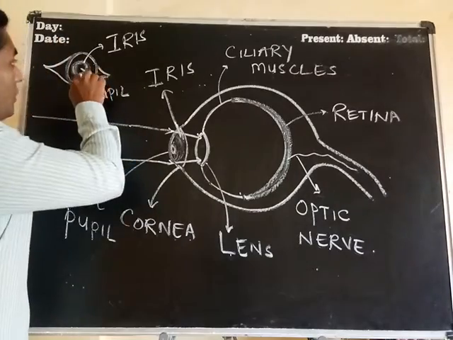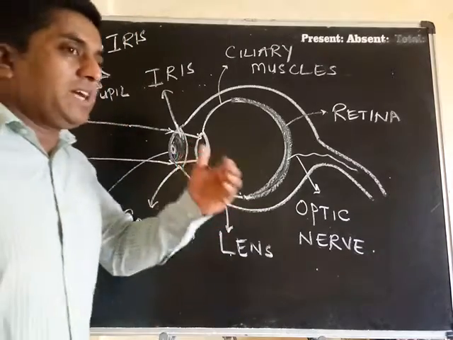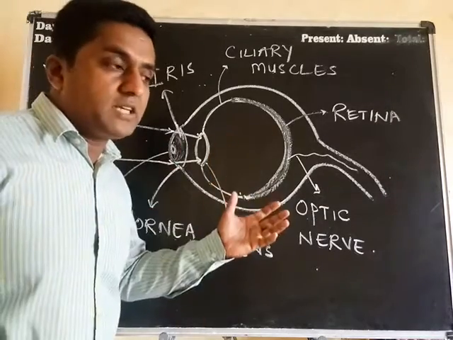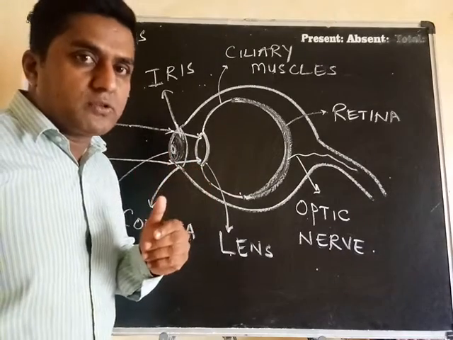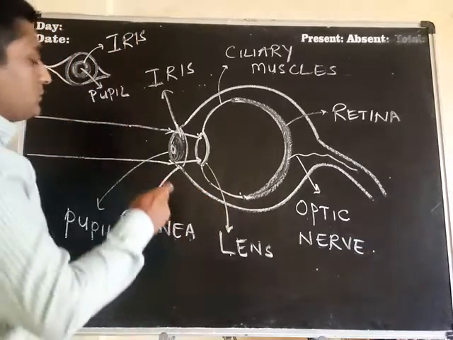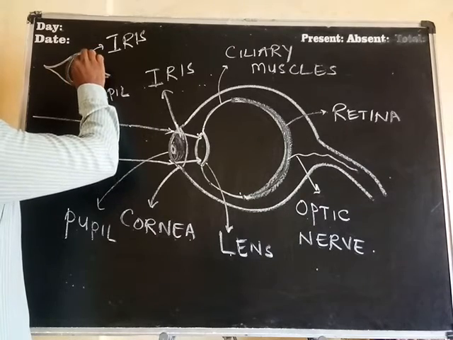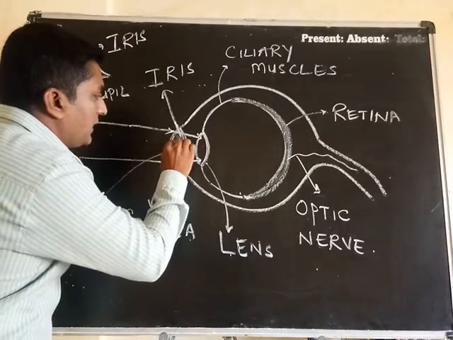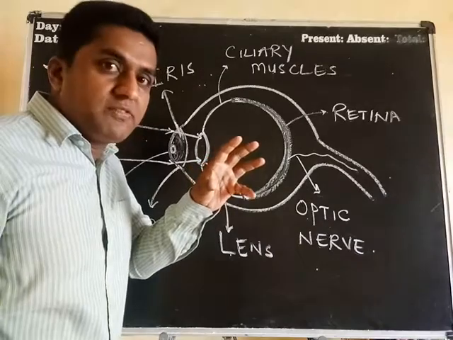Now what is the role or function of the pupil in your eye? Normally the brightness of light is not constant throughout the day or at night. Sometimes it is brighter, sometimes less bright. But our eyes need uniform brightness of light. So for managing this uniformity, the iris and pupil come into action. The iris holds the pupil, which is a small hole, and it is adjustable. Adjustable means if needed it expands and if needed it contracts.